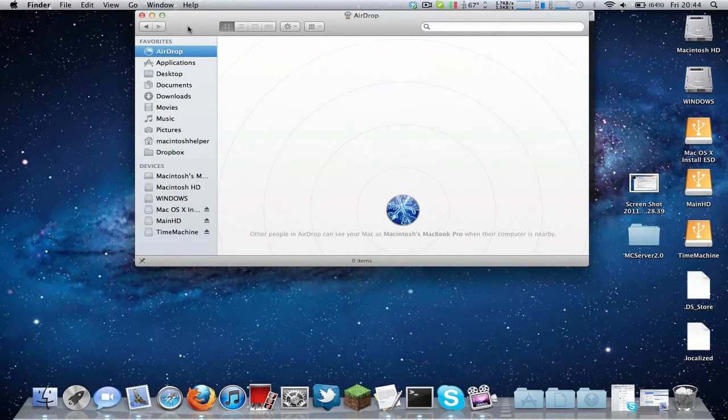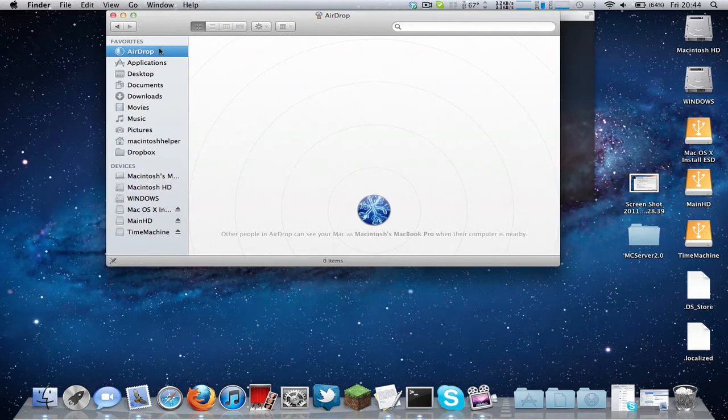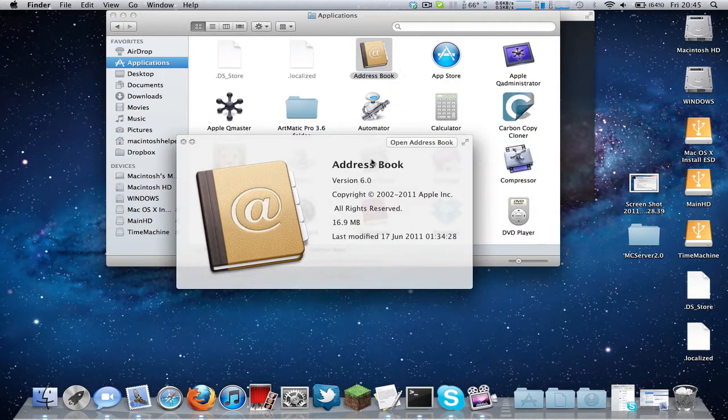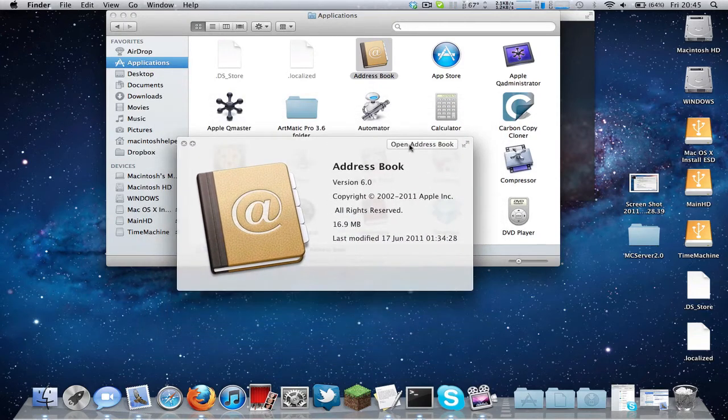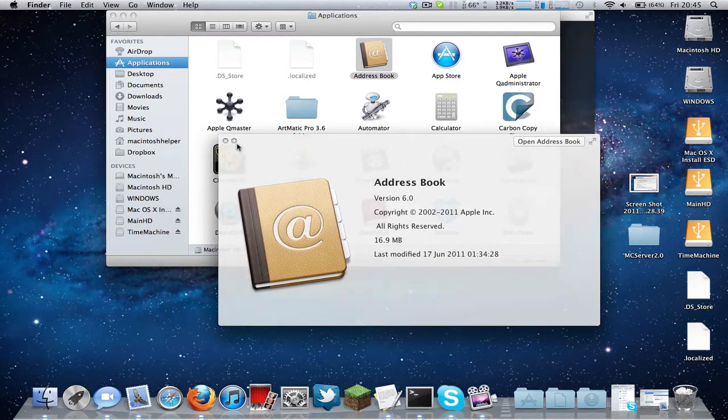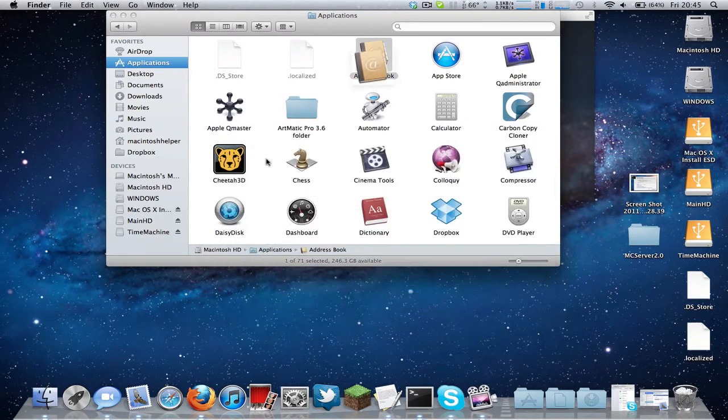The Finder has also been updated. The icons have been updated. Some of the UI has been updated. Also, things like loading bars and buttons have been changed in Lion. For example, we'll go to Applications and press space, and we'll go to Quick Look and Address Book. This has also been updated, so it's white, and you can also open from here. You can go to full screen, or you can, not sure what this does, but it looks like it doesn't do anything. Maybe it just changes the size. Okay. Anyway,